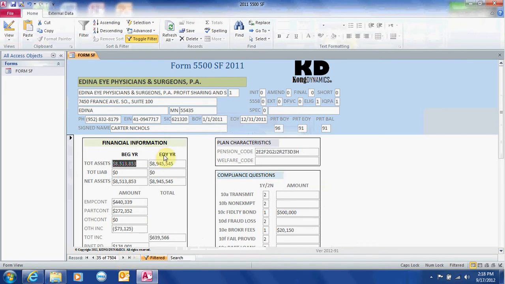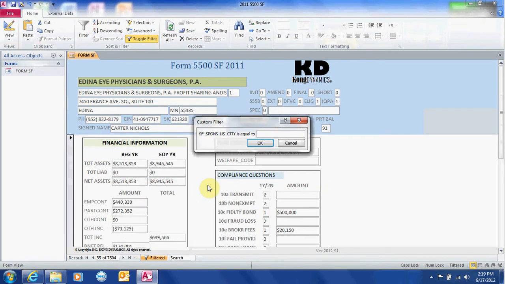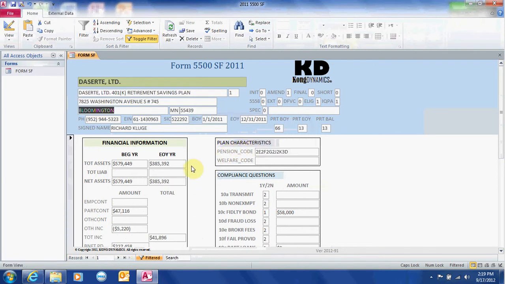Again, we can further sort down if 7,500 records is too much, and you just want to look at folks that are located in Bloomington, Minnesota. Let me just type in Bloomington and our record set should come back here. 227. That's a little bit more manageable.